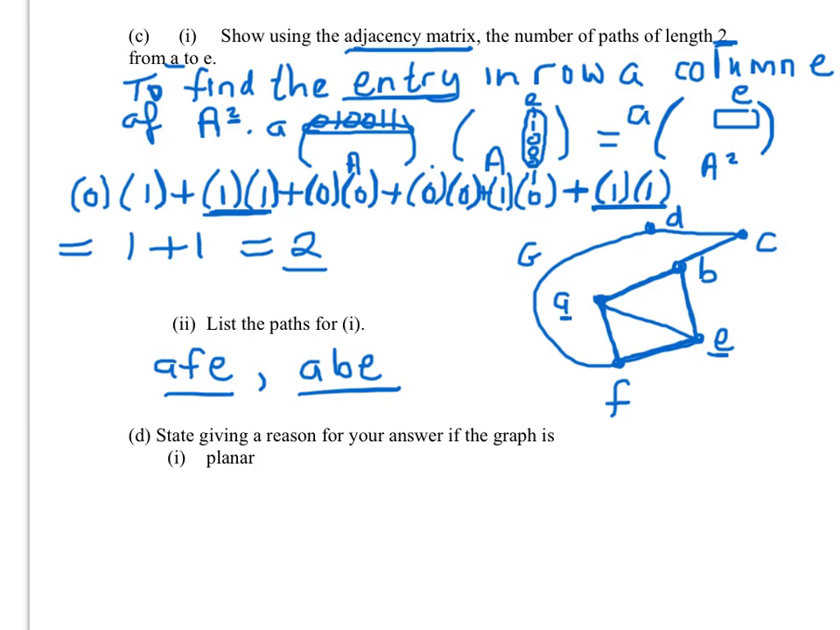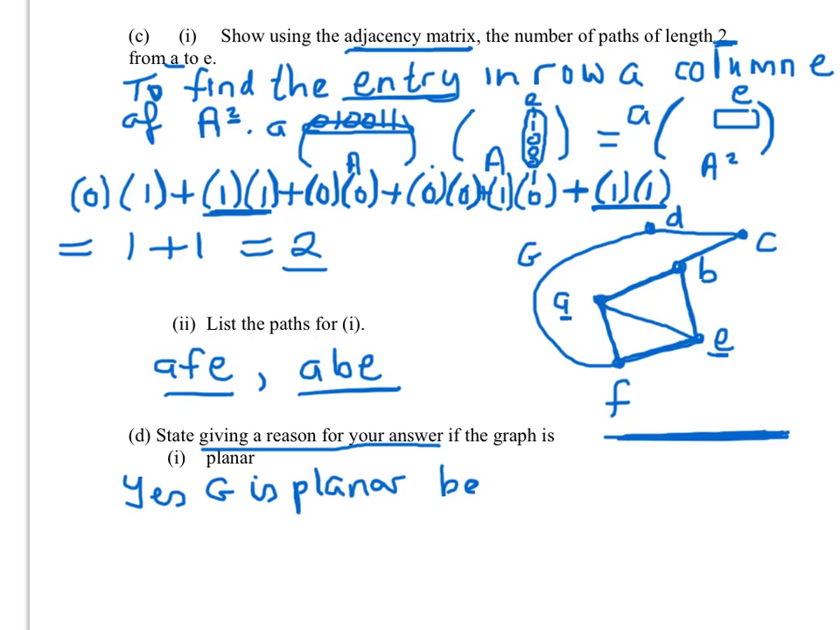Now if we look at part D, it says state giving a reason for your answer, right? So make sure you give a reason if the graph is planar. Now, a graph is planar if you can draw the graph without any of the edges intersecting each other, right? So you can see I did that from the outset. There's a reproduction of my graph G. So the answer to this question is yes, G is planar. It is planar because